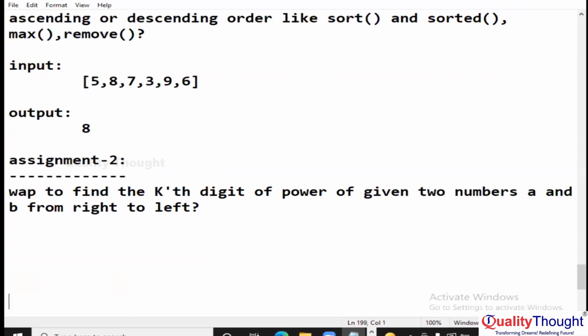Write a program to find the kth digit of A power B from right to left. For suppose my sample input,